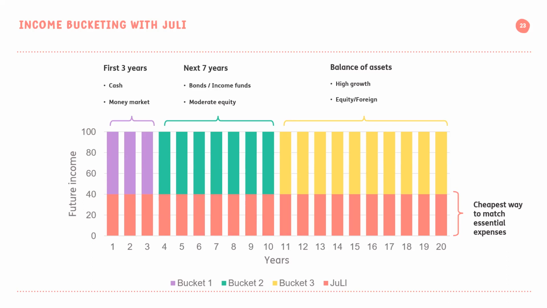What you see there is that each of the buckets has been filled up. So you see across from 0 to 20, the bucket has been filled up first with Just before the remainder has to be utilized by the various different asset classes. So what we're saying is that even in an income bucketing approach, you would just adjust the amount you hold in each bucket by taking into account the guaranteed income that's going to be made available from the Just lifetime income product inside the living annuity. So it can even fit in, and as it indicates here, it is the cheapest way to match essential expenses.